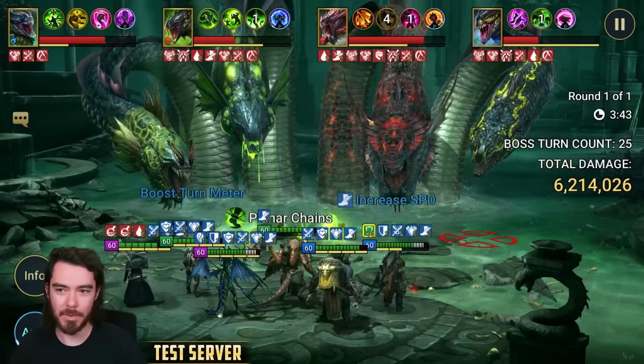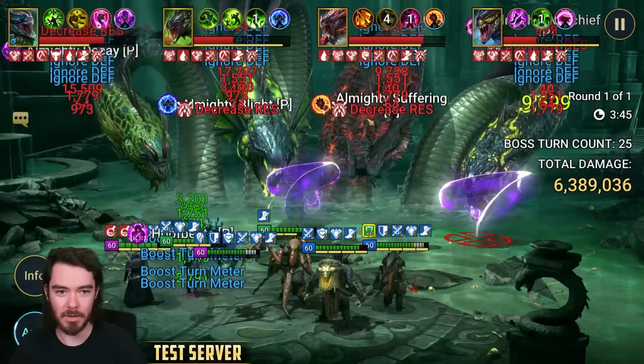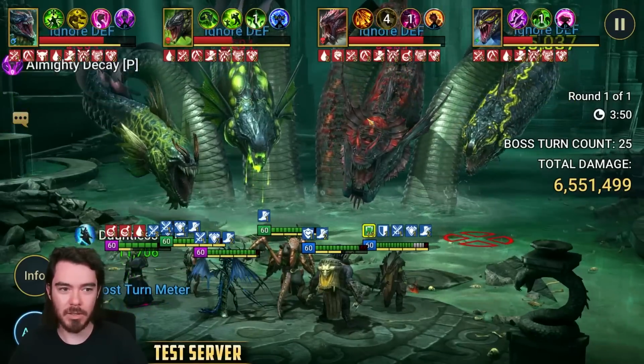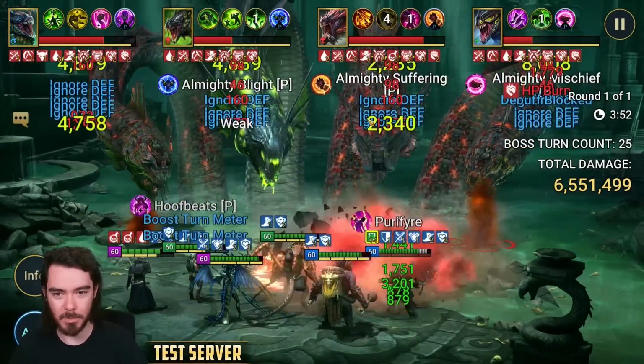Let's see how we do. Can we get Provoke back on with our double Provoke set? We did. Lovely. Decrease Resist goes out. Here we go. One slight anti-synergy we have is we've Hex, but we don't have...